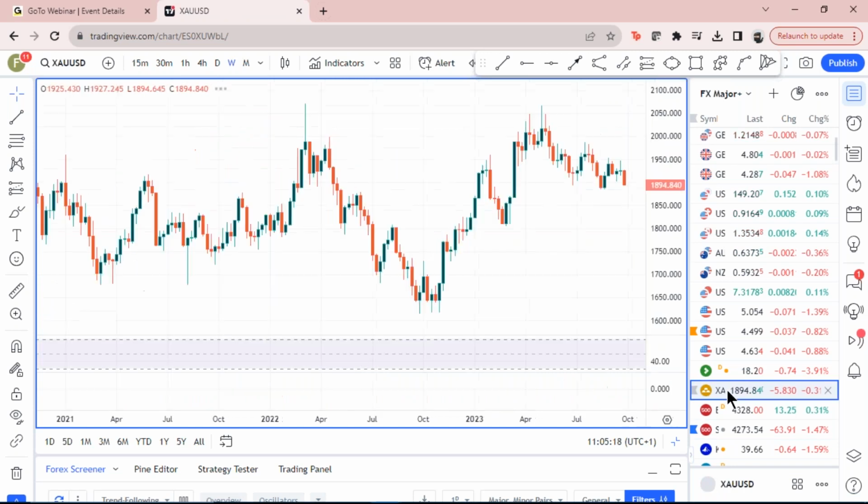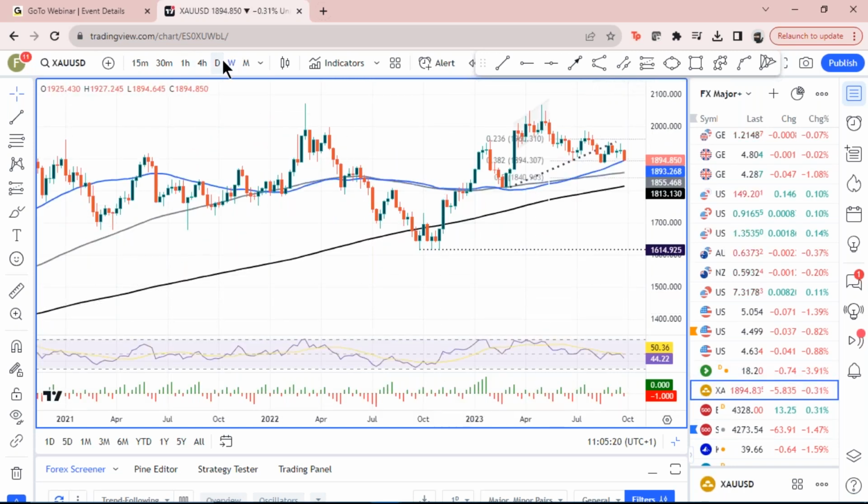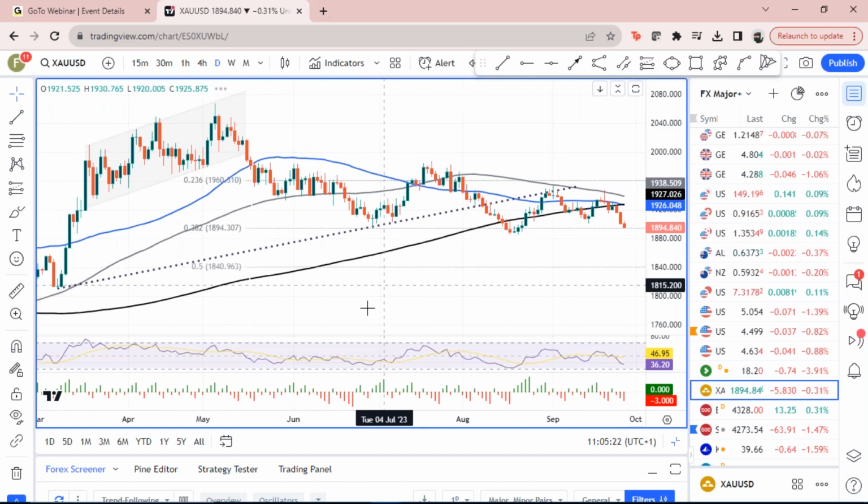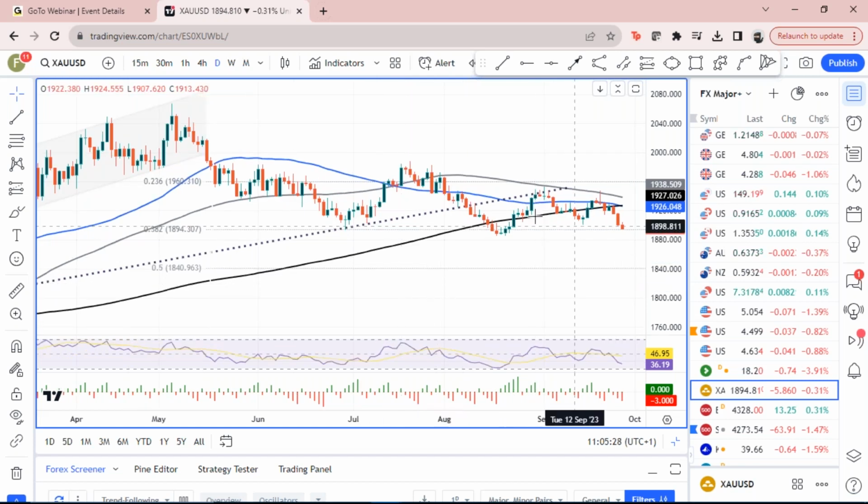In fact, I'll just touch on gold. We don't look at the chart that often, and we probably should, because it's a favorite trade for many people. This is the daily chart. We were just oscillating around that black line, which is the 200-day moving average at 1927 now. You can see above it and below it. Now we're probably looking below it, especially after breaking that mid-September low at 1901.